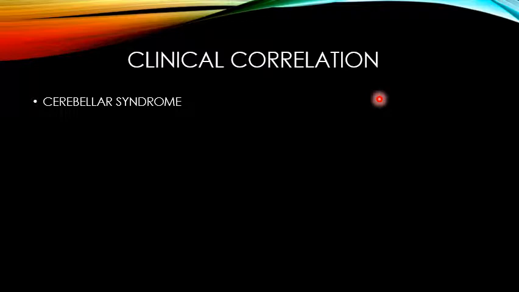So dysmetria can be there, then intention tremors can be there. Intention tremor is when we are doing some voluntary act and at that time there is a tremor. Astasia is when there are unsteady voluntary movements. Besides that, as we discussed, the person may show nystagmus. Nystagmus is involuntary to-and-fro movement of the eyeball. Normally we have control over it, but if there is no control over the movement of the eyeball, we say there is nystagmus.